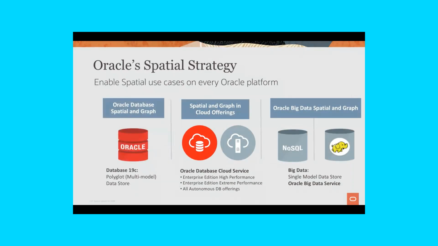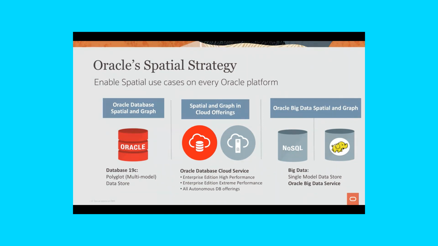One of our strategies is also to enable spatial technology across all of the Oracle data platforms that we have. We originally started with the database. Oracle database introduced spatial in release 7.3.2, and now we are in 19c.